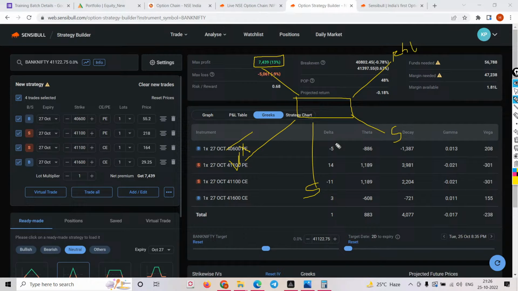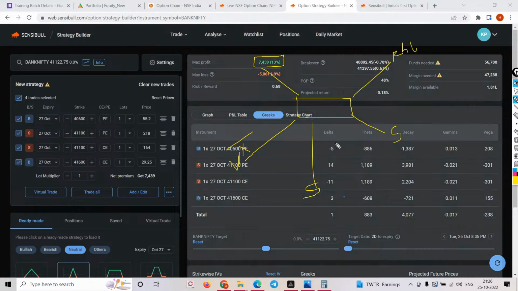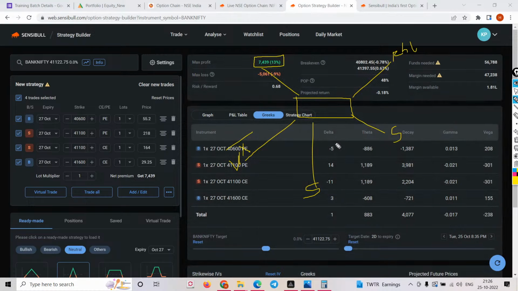Tomorrow's session. See, you know that I'm not a full-time trader. Today is a holiday for me, that's the reason I've done this. So maybe tomorrow we can have it post 9 p.m., 9 p.m. to 10 p.m. It's a good time, basically. Even I will have more time. If people are not able to join, you can watch the recorded session. So tomorrow I'll try to have that session at 9 to 10 o'clock. Will that work?